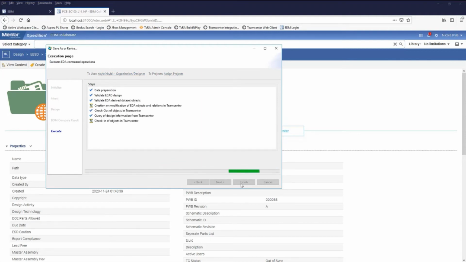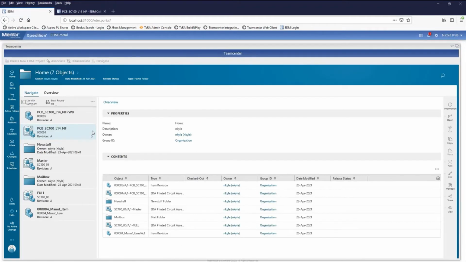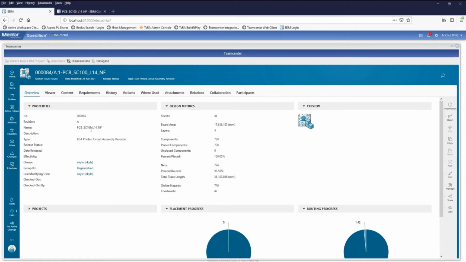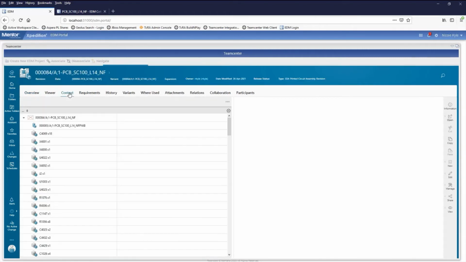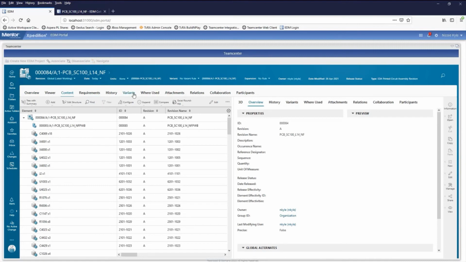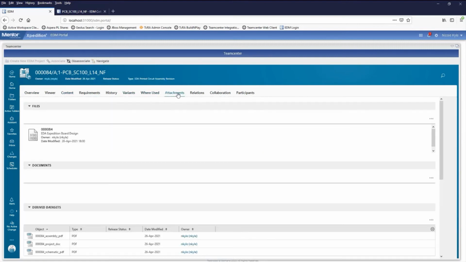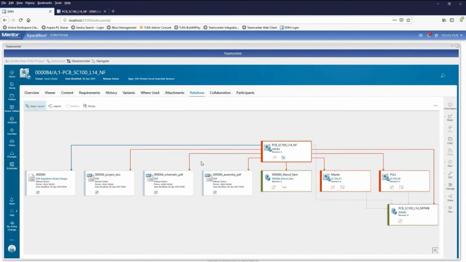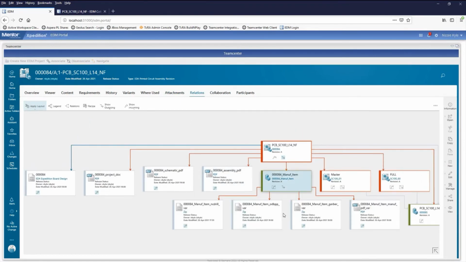The configuration management team does a final review and approval in Teamcenter, and when approved, they will formally release the design. This locks it from being revised in Teamcenter. When we are notified that the design is released in Teamcenter, we will release in EDM also to ensure the design cannot be edited. An ECO process would have to be executed in order to edit after that.